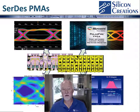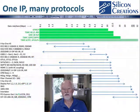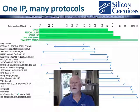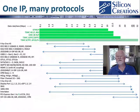As a specialist analog IP provider, we focus on the PMA, or the analog portion of SerDes. Our multi-protocol PMA line began with the SerDes PMA that we made for Microsemi's current FPGA several years ago. We've since ported this versatile PMA to several other processors,